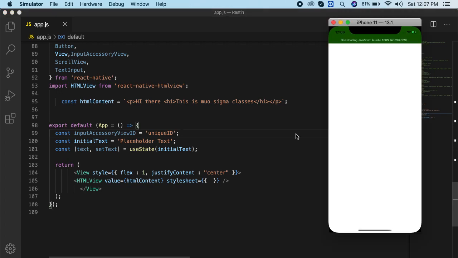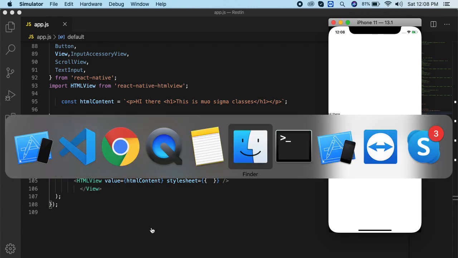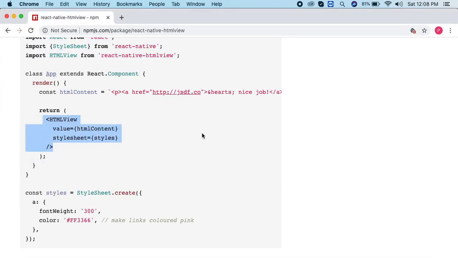Now you can see we have the HTML content. This content is in a paragraph, and whatever we write inside the h1 tag is in bold. This is how you can use HTML content inside the mobile app.